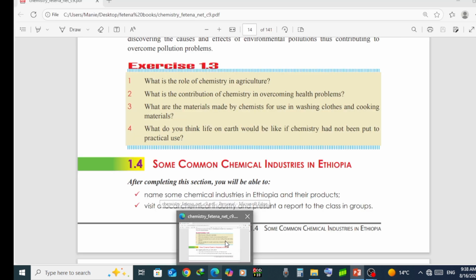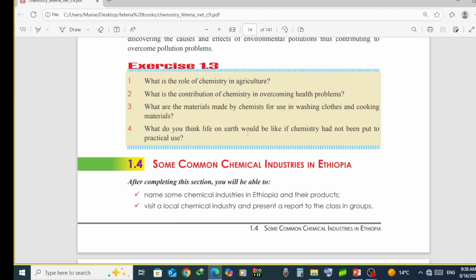The next question: what do you think life on earth would be like if chemistry had not been put to practice, or to practical use? What do you think life on earth would